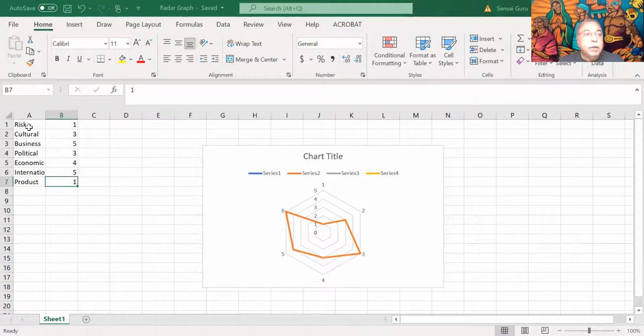This is a simple Excel spreadsheet where I'm looking at, on one level, the different kinds of risk. And here's a scale from 1 to 5, 1 being low, 5 being high. As I go to each one of these chapters, I say, okay, I looked at all cultural aspects of risk, and I think I have low risk. I'm looking at business, at different aspects of starting and growing a business. I think my risk is a little higher. So for each one of these, you're going to give a number based on the data.